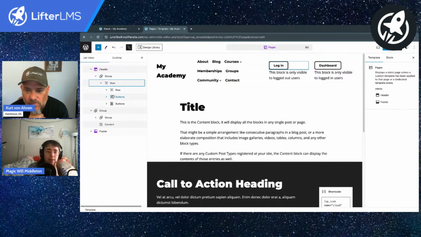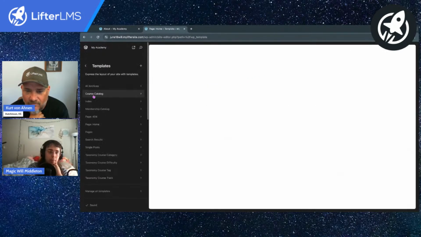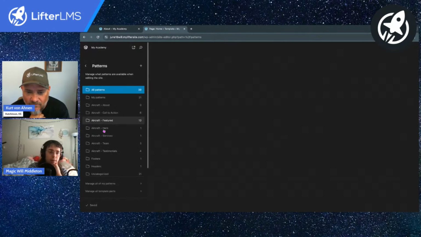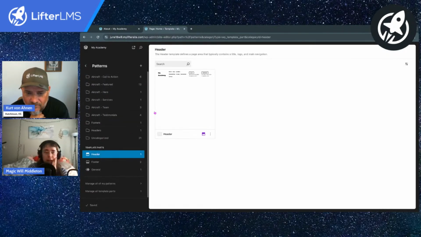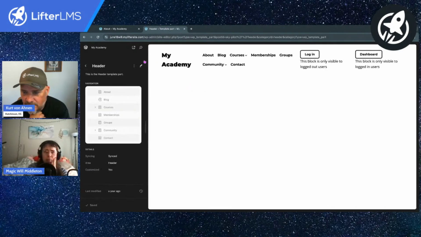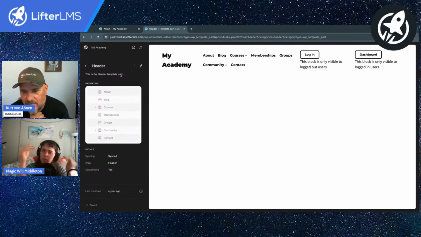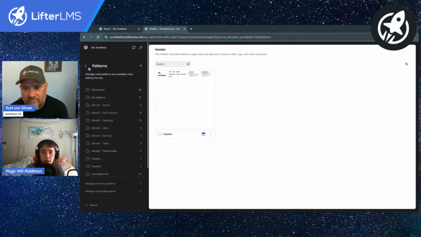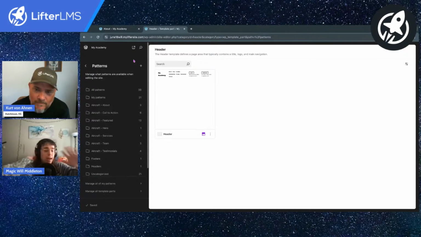We can either edit these header and footers right here, or we can jump back out to this template parts area. If I go to patterns, find the template parts at the bottom, and edit the header, I could have multiple headers on my website, include different headers in different templates, and create different templates for different pages. I can even create my own custom page template and apply it to whatever pages I want. So some pages look one way, some pages look a different way. That's a big overview about how this whole editor works.